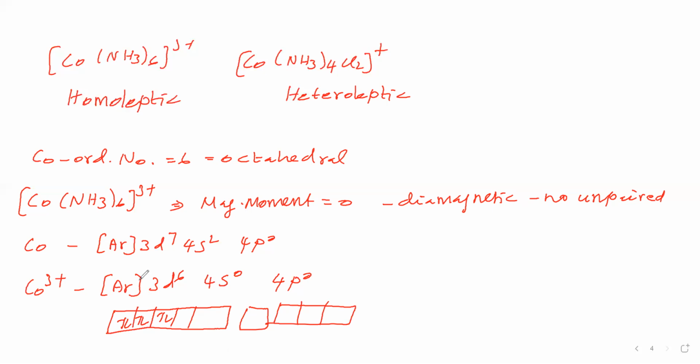Now here, the central metal has to provide 6 vacant hybrid orbitals in order to form dative bonds with 6 ligands. Ligand is the electron pair donor, central metal is the electron pair acceptor. So the central metal is providing 6 vacant hybrid orbitals. The central metal allows 6 pure orbitals for intermixing, that is 2 3d orbitals, 1 4s orbital and 3 4p